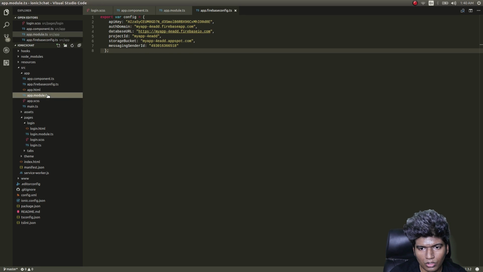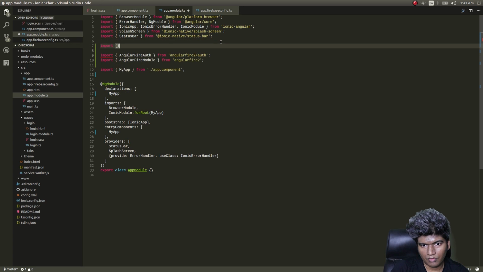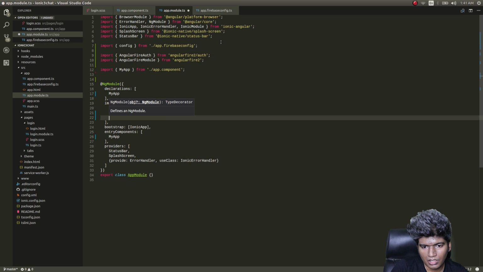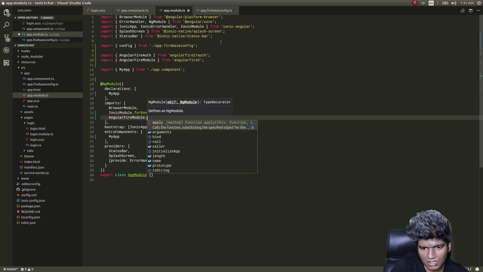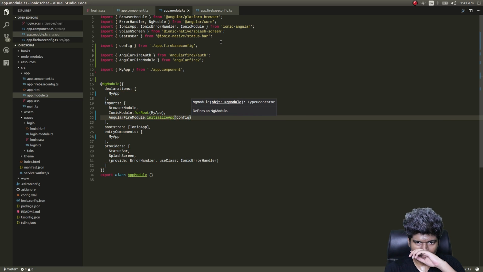Get back to app.module.ts and import that config that you just created, from ./ and then here you just need to give AngularFireModule.initializeApp and specify the config. Okay, that's it, guys. Now that we have the Firebase all set up, let's get into